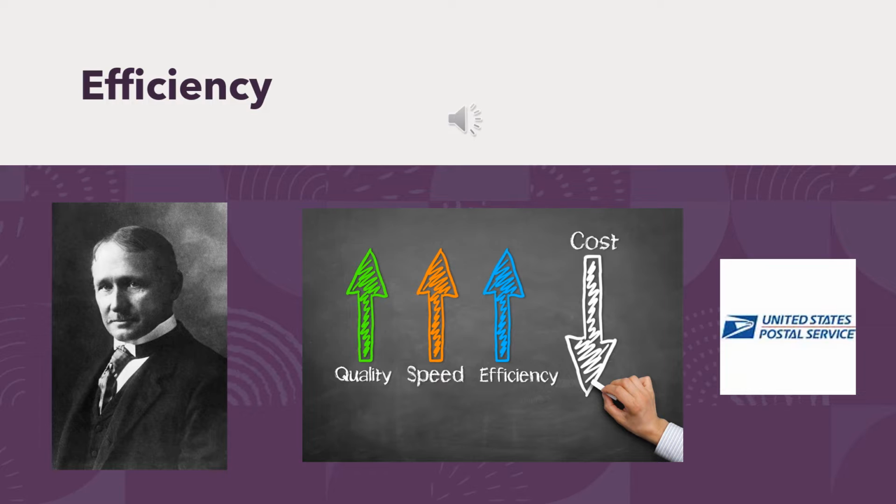Okay, so the first theory that I'd like to discuss is scientific management by Frederick Taylor, and his ultimate purpose for creating scientific management was to increase efficiency. He believed that by breaking down a job to its lowest level, he can create more output of the product they were producing, and in return, it would lower the cost of the job, increase the profits, and it would be a win-win situation for the owners of the business and the employees of the business because they would in turn get paid more. There were many problems with scientific management, which I'll discuss later.